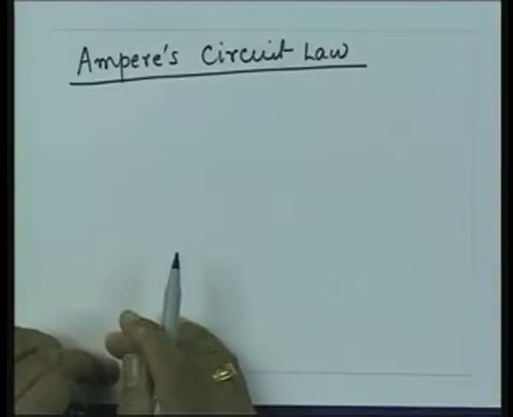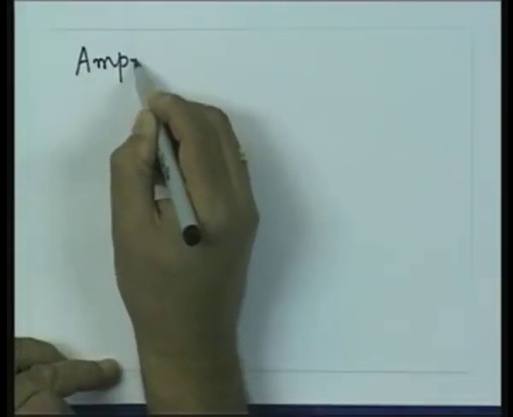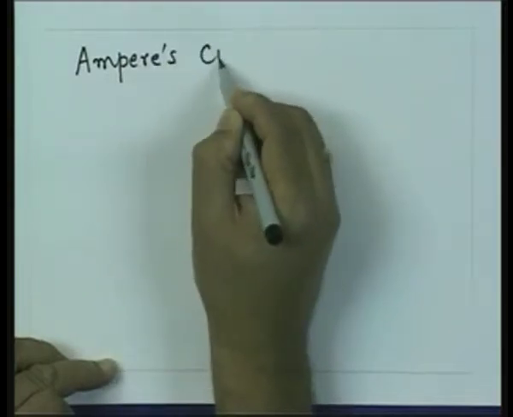The next laws which we have, which now relate the electric and magnetic fields, are what are called the Ampere law and the Faraday's law of electromagnetic induction. The Ampere's law is also called the Ampere circuit law, which states that the magnetomotive force around a closed loop is equal to the total current enclosed by that loop. So, the third law which we have is called the Ampere's law or Ampere's circuit law,